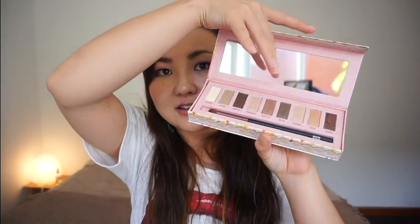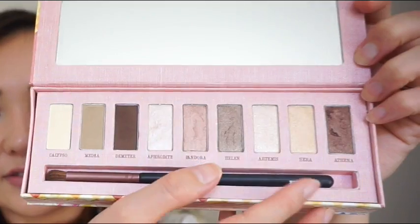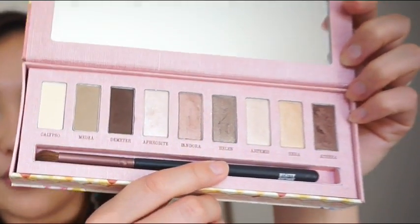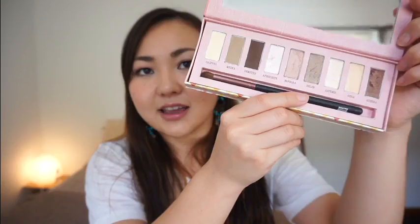Oh gosh. And when you open it up, ta-da! That's what you see. You get a nice big mirror. When you look at it, what does it remind you of? I think it looks very similar to the Naked palette. And the store person actually said that this is a really great dupe of the Naked palette. Now, I don't have a Naked palette, so I can't really compare it, but I'm pretty happy with my purchase